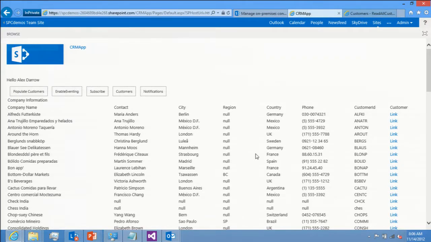If you want more information on how you can write an app that uses BCS, I covered that in my session yesterday, including a demo where I used Visual Studio to create the app. So this is an app where somebody used Visual Studio, connected to the OData service, used basically just HTML and JavaScript and created this. And it can be as fancy or you can customize it as much as you want. So that's the first demo.